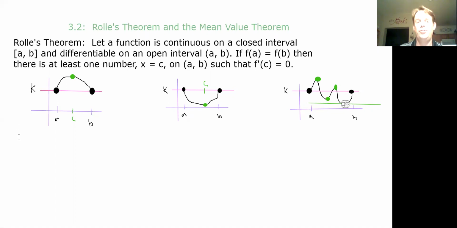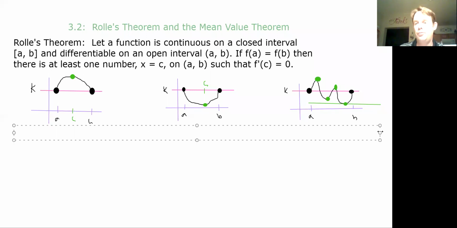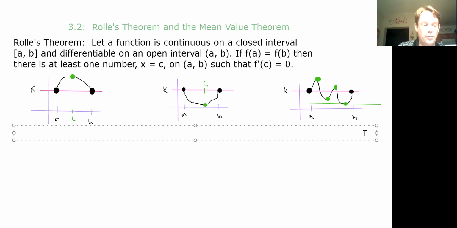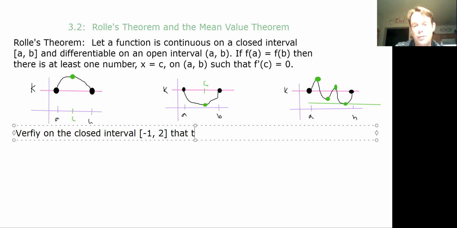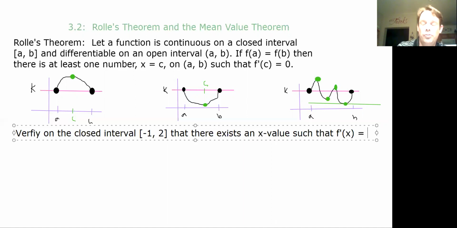So let's see if we can do something with Rolle's theorem here to give this some idea. So verify on the closed interval from, let's go, how about -1 to 2, that there exists an x value such that f prime of x equals 0